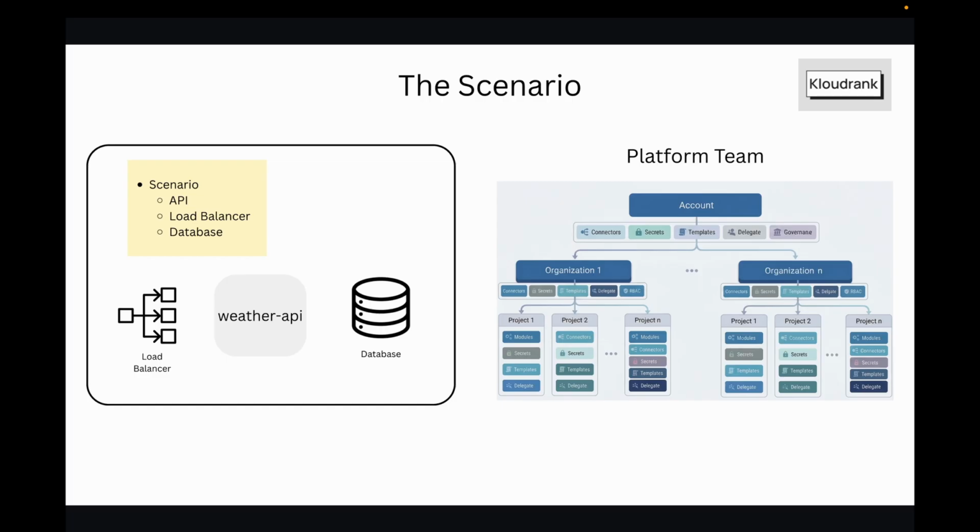So let's go through a scenario to clarify what we're talking about here. For the rest of this video, we're going to follow this concrete scenario. You're an engineer who needs to provision a load balancer and a database for a service. Let's call it the Weather API. And this service is going to live in your production AWS account. You're going to use Harness IACM as the platform and OpenTofu as the provisioner. GitHub Actions is going to be your CI system, and S3 is going to be your state storage. We're going to go through the steps from the config to the moment the load balancer and the database exist